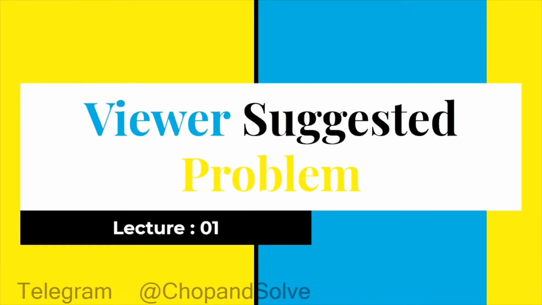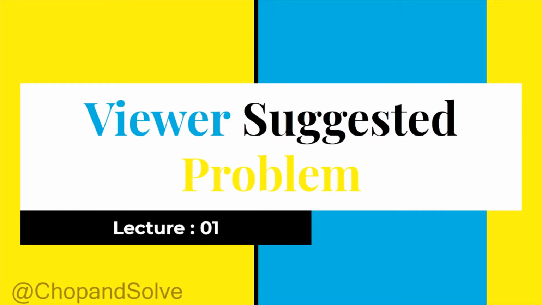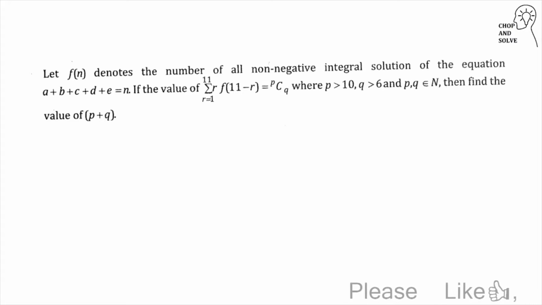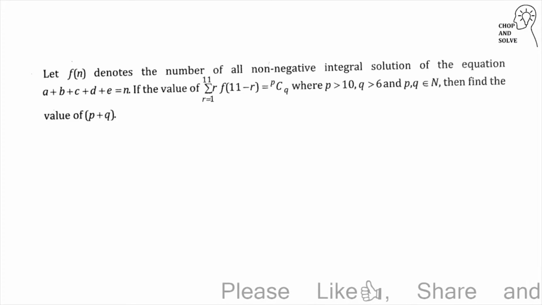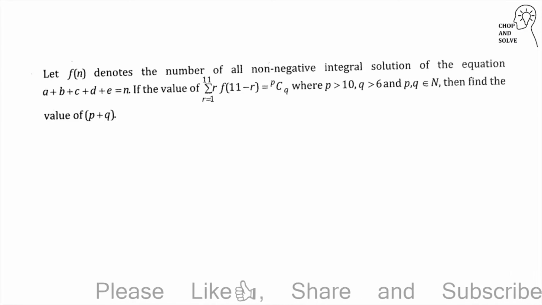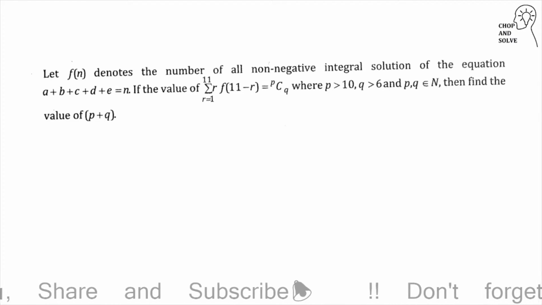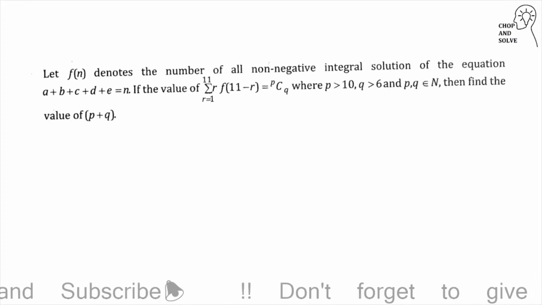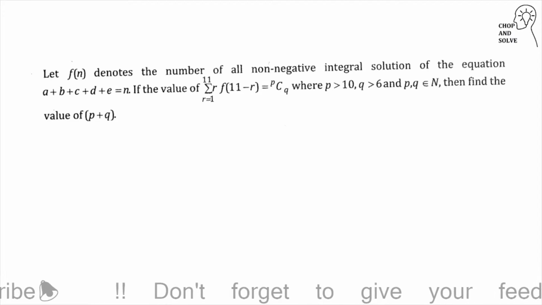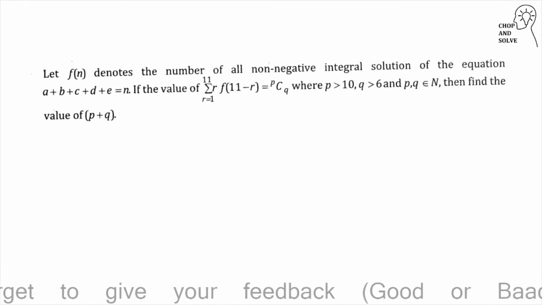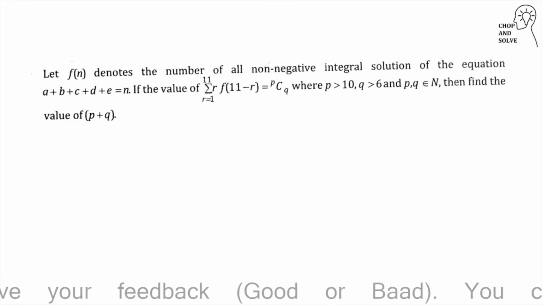Hello guys, I am going to discuss a viewer suggested problem, lecture 1. The problem says: let Fn denote the number of all non-negative integral solutions of the equation a plus b plus c plus d plus e equal to n. If the value of the summation over r equal to 1 to 11 of r into f of 11 minus r equals p